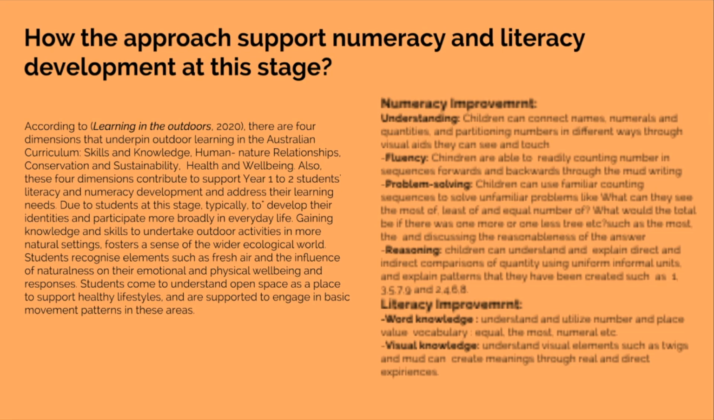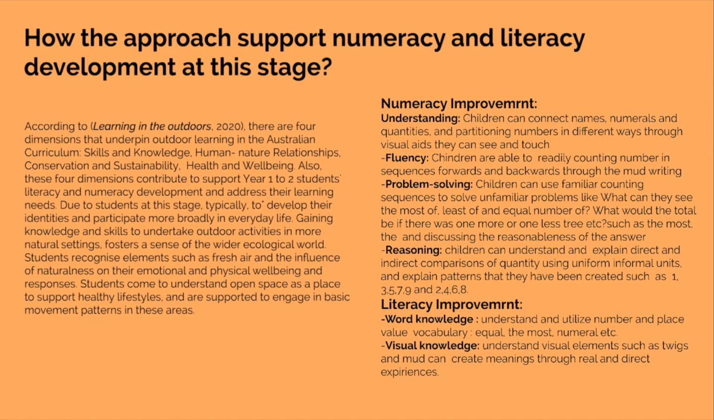Okay, let's move on. You may ask me how the approach supports literacy and numeracy development at this stage. According to Learning Outdoors 2020, there are 4 dimensions that underpin outdoor learning in the Australian Curriculum, such as skills and knowledge, human-nature relationships, conservation and sustainability. Also, these 4 dimensions contribute to supporting Year 1 to 2 students' literacy and numeracy development and address their learning